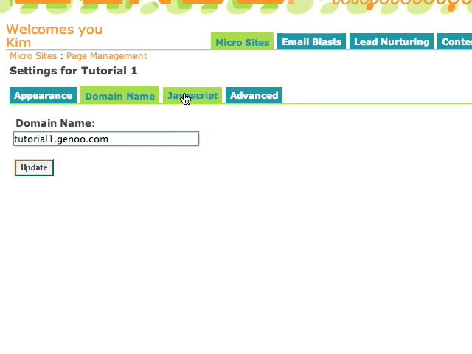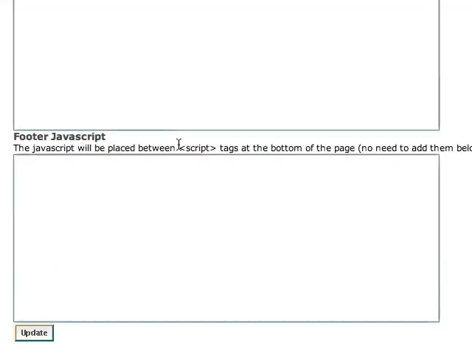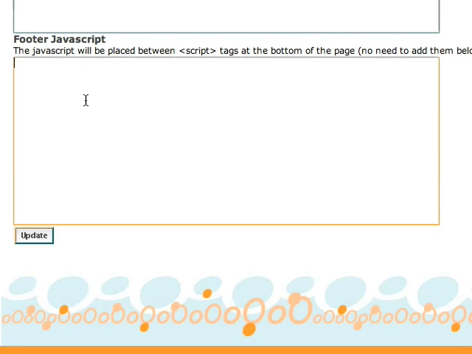The third tab is called JavaScript. If you have JavaScript that you need to include on every page at your site, you can enter that JavaScript here. An example is a web analytics tool that uses JavaScript, such as Google Analytics. When you set up your account at Google Analytics, for example, they will give you the JavaScript tag that you need to include on all pages at your site just before the closing body tag. You would paste that JavaScript into the footer JavaScript entry box and click the Update button. It will now be included on every